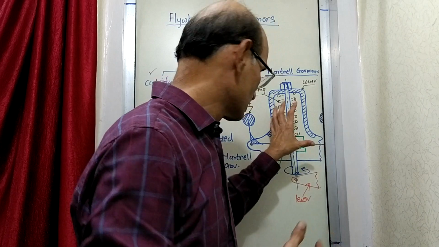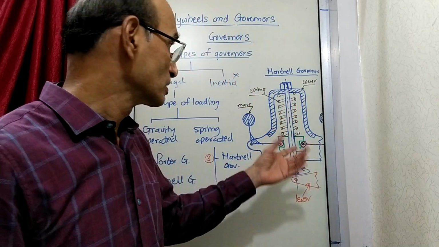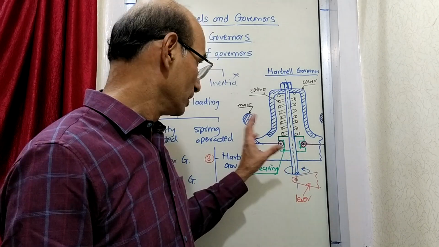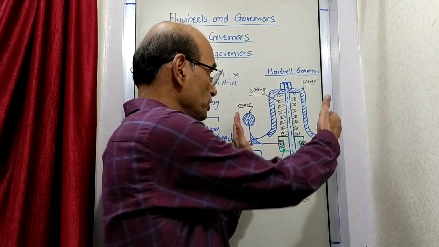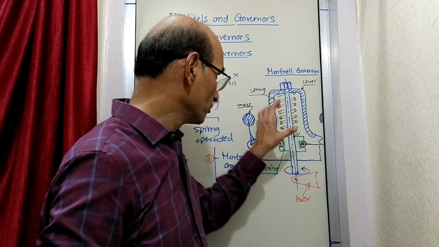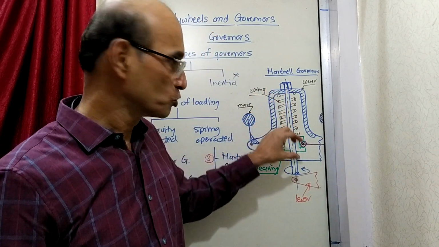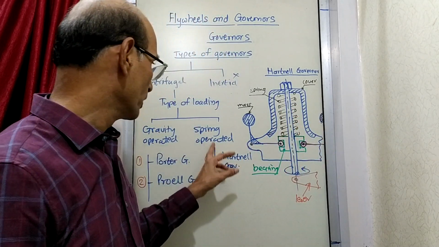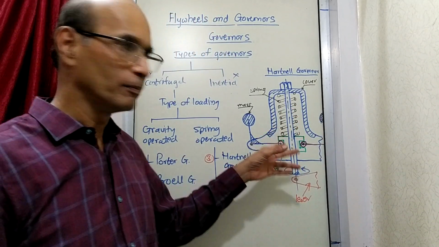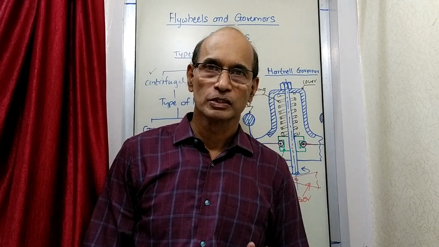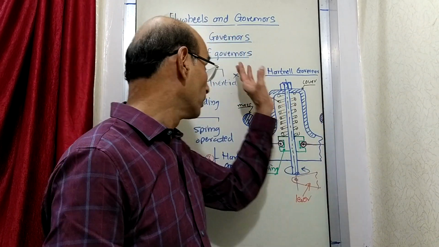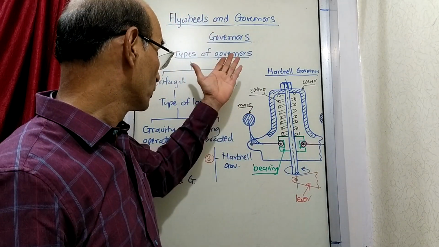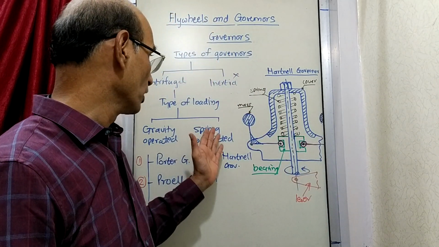So in that case, this kind of Hartnell governor can be used because it is adjusting the bearing because of the change in position of the mass by way of spring force. So spring force is doing the work of adjustment and not gravity. Therefore, the spring operated governor looks like this. It can be used in the horizontal position of the shaft. Rest everything is principally the same as any governor. Okay, so that was the spring operated governor we have seen.